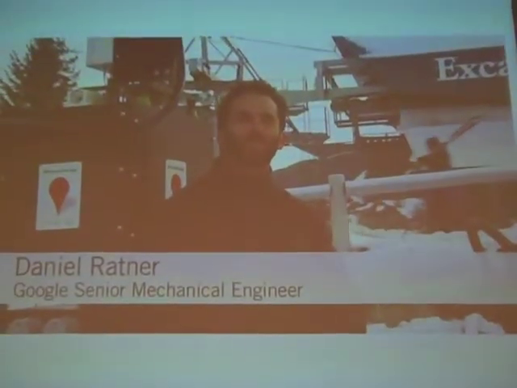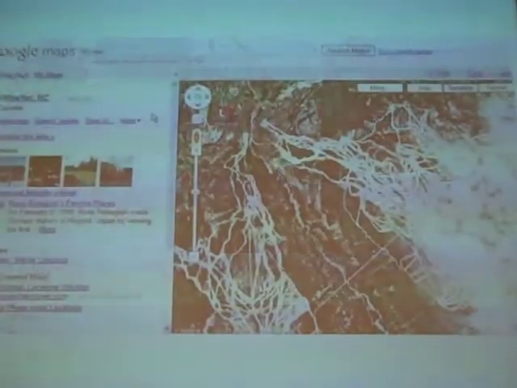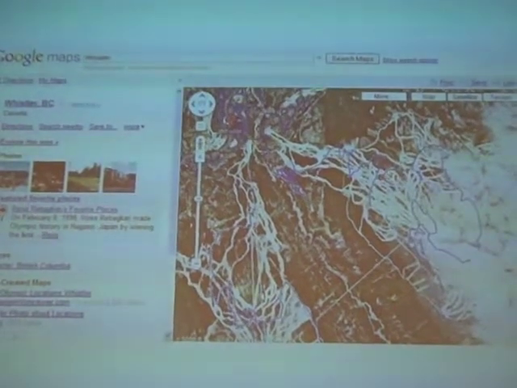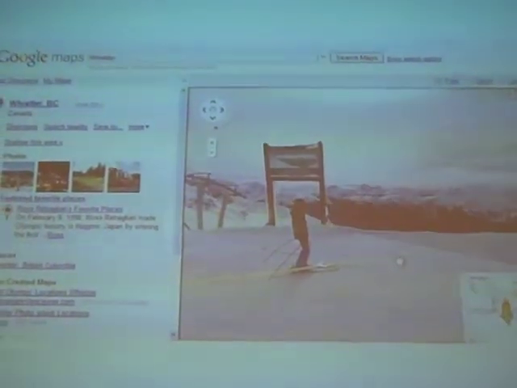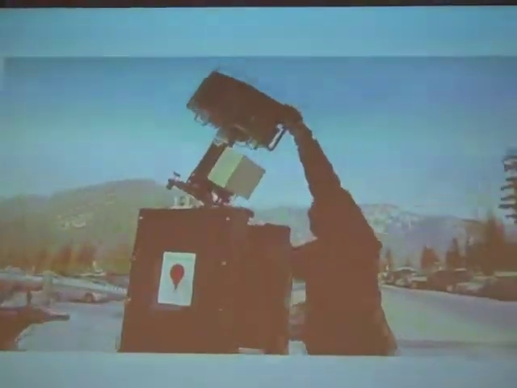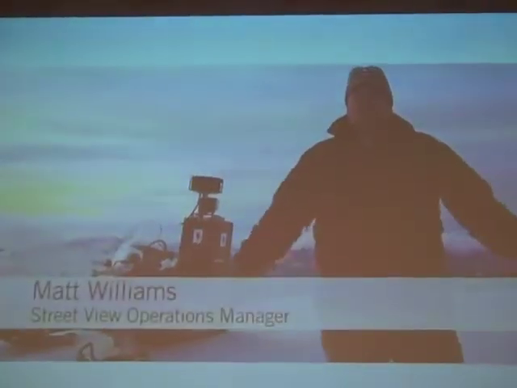Really get this project going was that we have the upcoming 2010 Olympics here, and we wanted to do our best to try and capture some beautiful imagery and have it available to everyone around the world to see, so they can really experience what it's like to be up there on the slopes ahead of time. And what we're doing here today is we're taking Street View to the next level. We're just trying to think of where people want to be, where